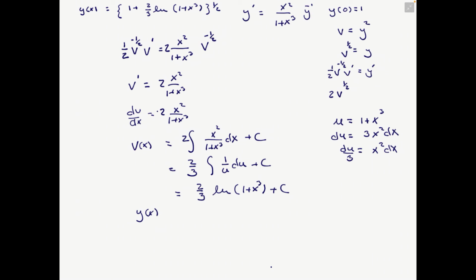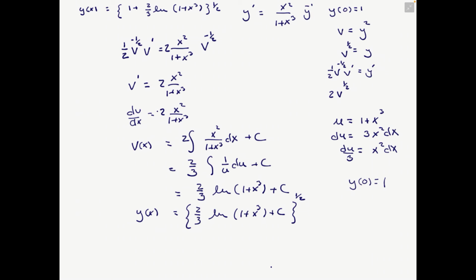So y of x is equal to 2/3 ln 1 plus x to the third plus c, all raised to the 1/2. But because y of 0 equals 1,